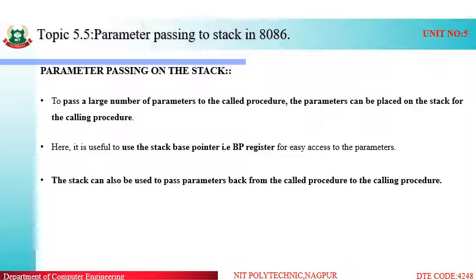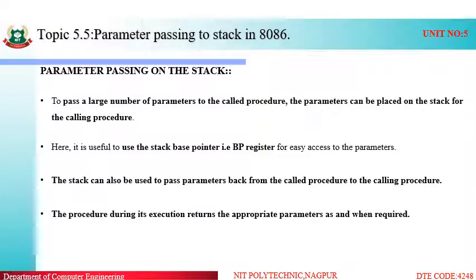The procedure performs its dedicated task and then returns to the main program. So we can also return the values from the procedure through the stack memory. The procedure during its execution returns the appropriate parameters as and when required. So this is the simple concept.